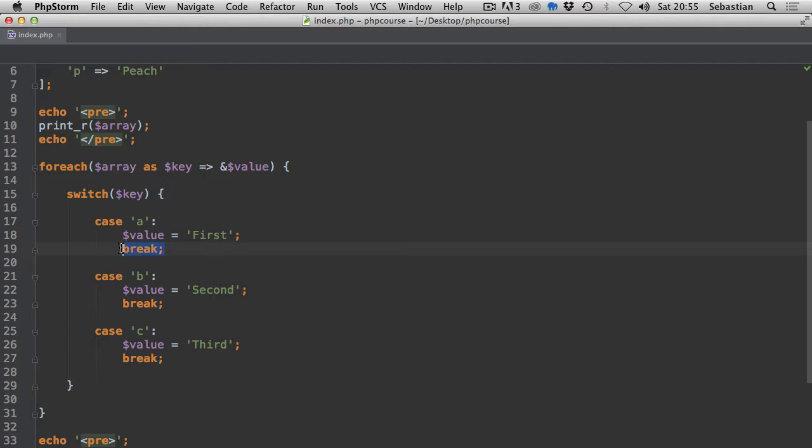As you may remember, inside of the previous statement, when we were working with the for loop, this break actually terminated the iteration, the whole loop itself. But because this statement is wrapped with the switch statement, it only breaks the switch. So we're iterating, going through the switch, the case is matched against the value passed as an argument to the switch statement, and then it breaks the switch, and then it goes